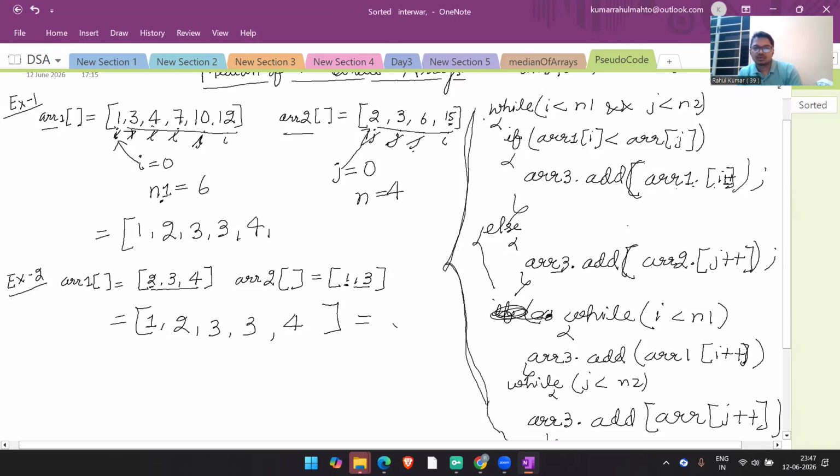Four, then which is the minimum value, 6, then 7, then 10, then 12, then 15. Is anything left? No. So this code is responsible to arrange the elements into a newly created array, that is array 3, in a